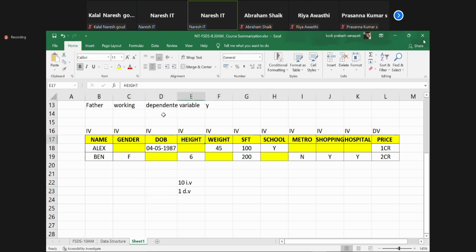Height, and then weight, and then date of birth. Sometimes date of birth also matters, because if your age is under 18, you cannot go for registration of your house, isn't it? So what else, guys? Do you think to buy a house you should be male or female? No, I don't think so.